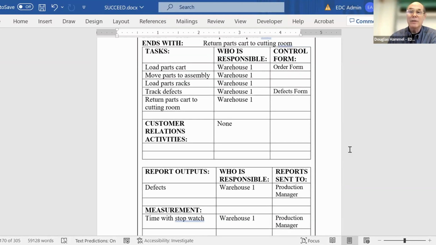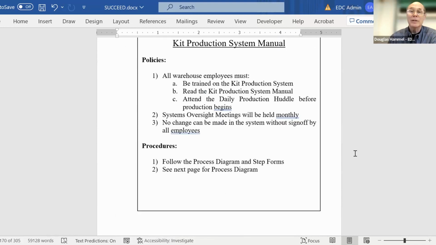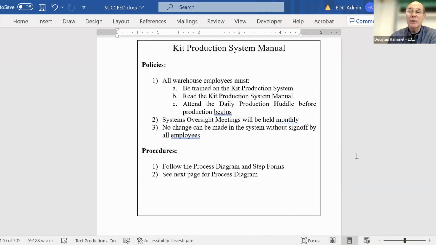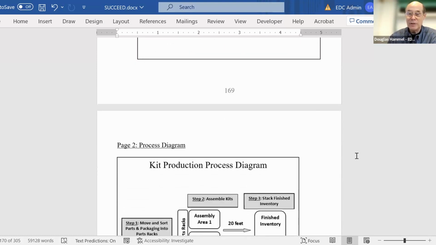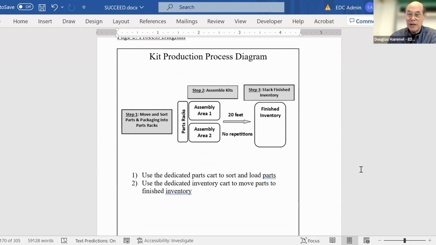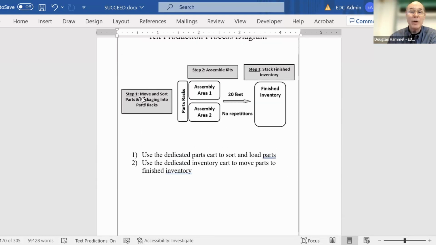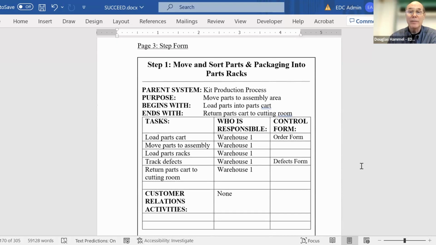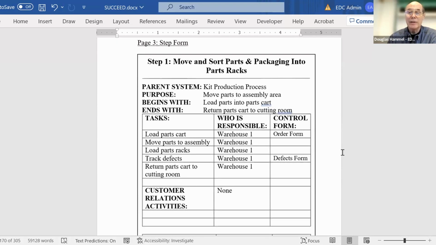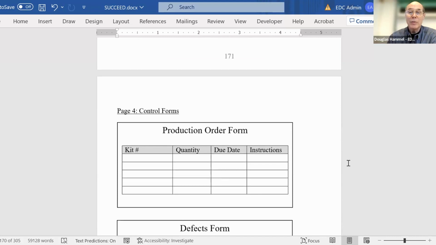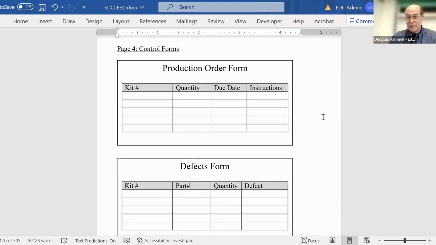So there, if you just start this over again, I'm going to go back up to the top. There's your production manual, or your kit production systems manual front page. There's your process diagram. Nobody can get lost in it. And remember this step right here, step 1. Well, this is step 1, and anybody should be able to follow that. What backs up step 1? Forms. So in this little booklet, this would be the next page, page 4, production order form as a sample